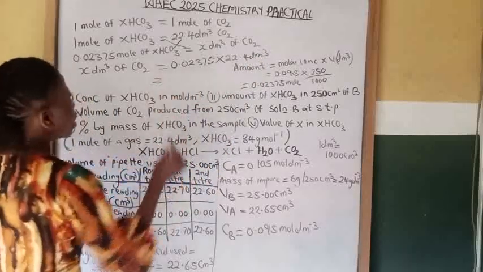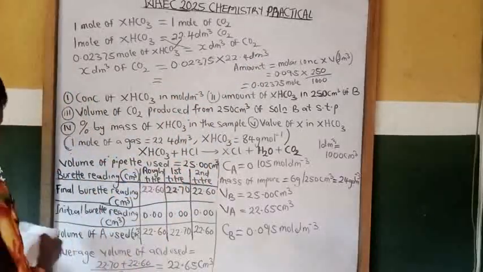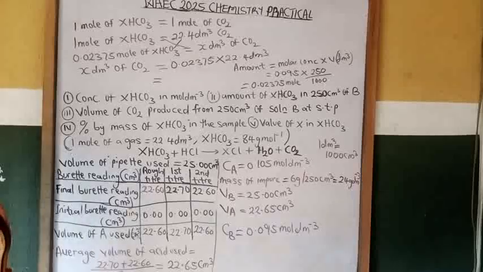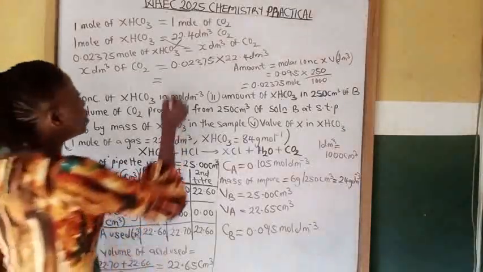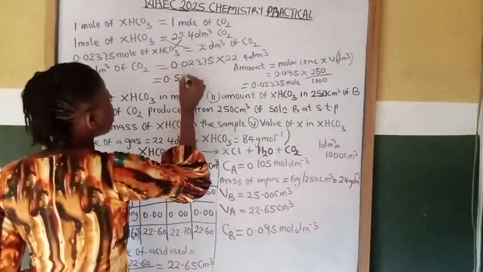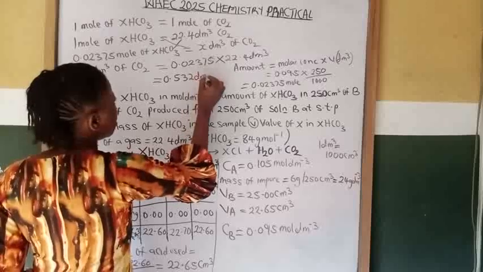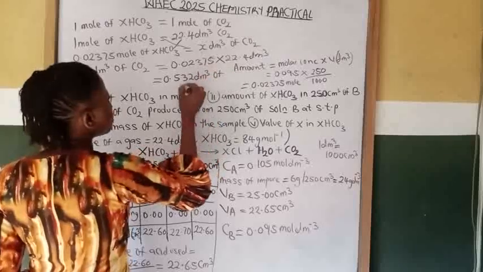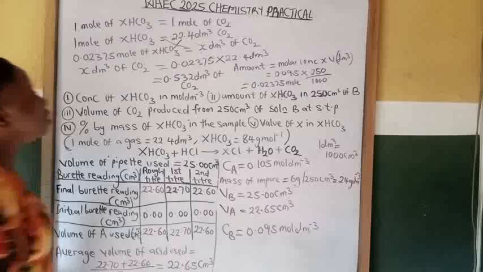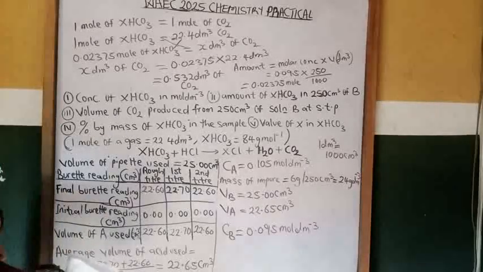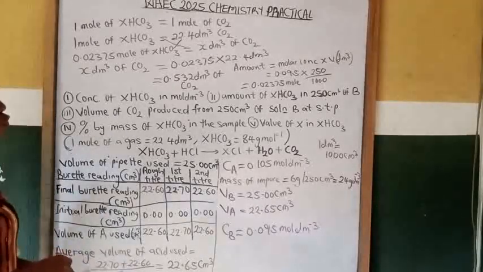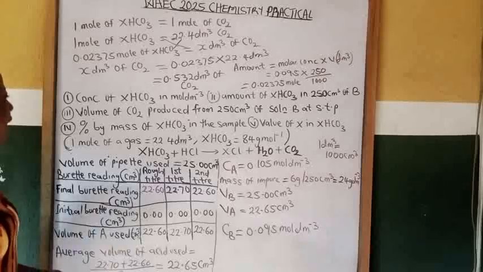So the final answer will be equal to 0.532 dm cube of CO2. It is 0.53 dm cube of CO2. Then the next one